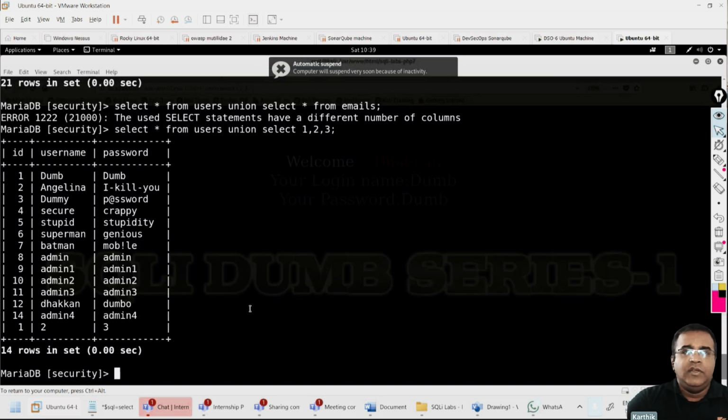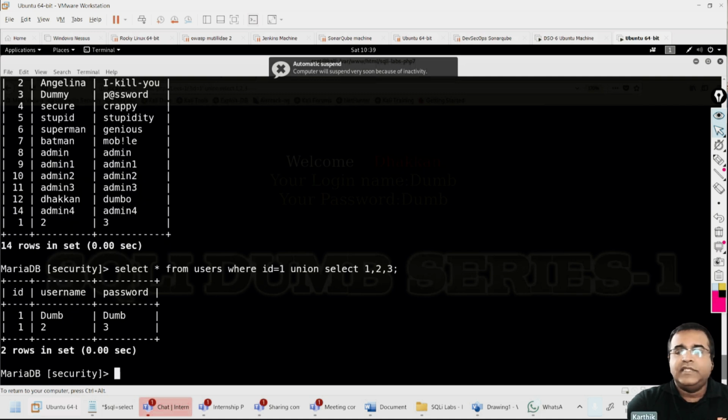The reason is what is happening is select star from users where id equals 1 union select 1, 2, 3. So the second row is where my 1, 2, 3 is, and I cannot see the second row that is happening out there.